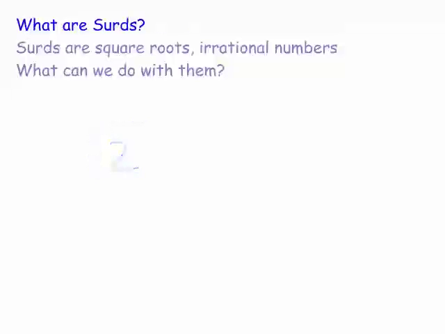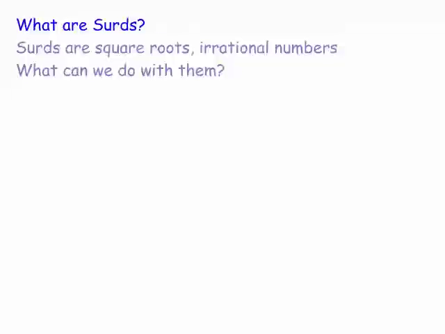Now, the square root of 4 can be rationalized. Although I can write it in an irrational form here, it can actually be rationalized. So we say that if a square root number can be rationalized or turned into a whole number, then it's not a surd anymore, okay? Surds are actually square root numbers. They are irrational by nature,